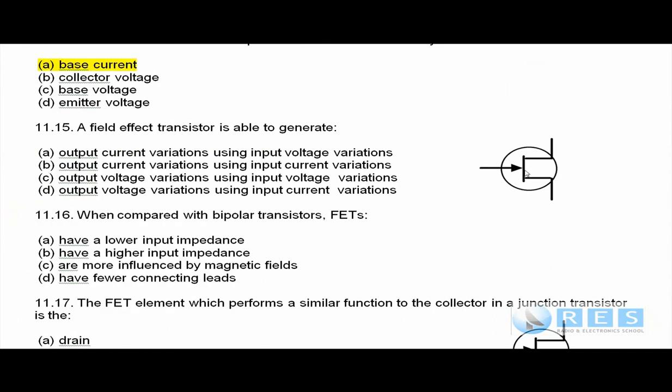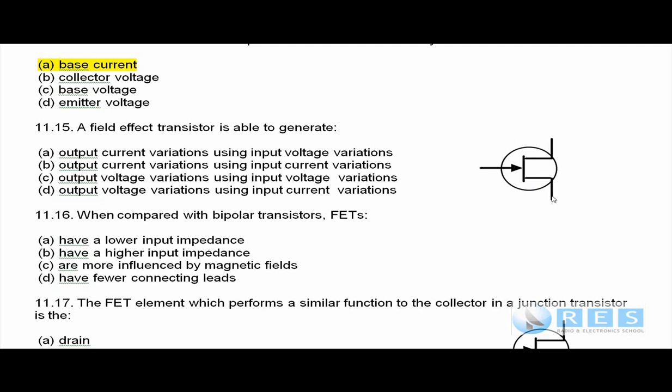Question 11.15 is about a different type of transistor, and I'll be explaining this to you a bit further. It's called a FET, a field effect transistor, and the input terminal is not the base, it's called the gate. The output terminal is not the collector, it's called the drain, and the common terminal is called